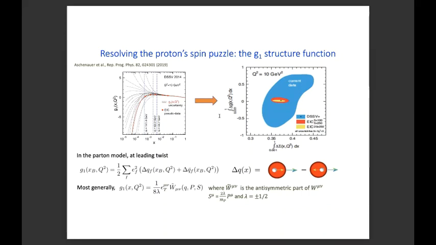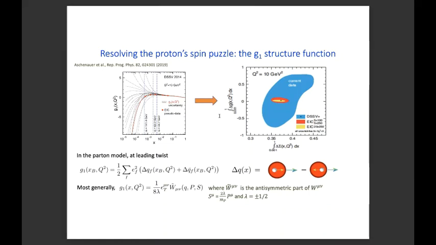And so to just summarize all of this in one plot, if you look at the integrated gluon polarization on the y-axis versus the quark polarization on the x-axis, up to the lowest EIC values of x, the current uncertainties in the data in both will shrink to this little yellow blob here. So this is really going to dramatically improve our understanding of the polarizations of quarks and gluons inside the proton.